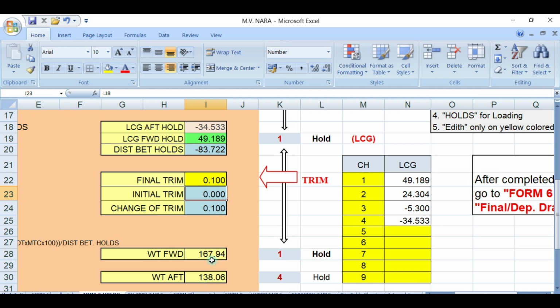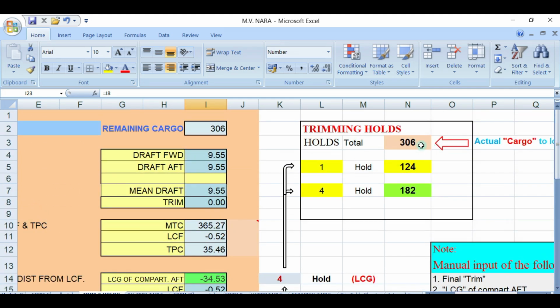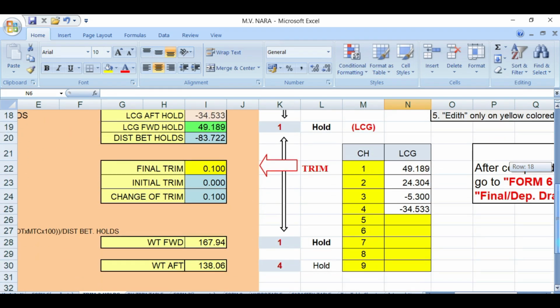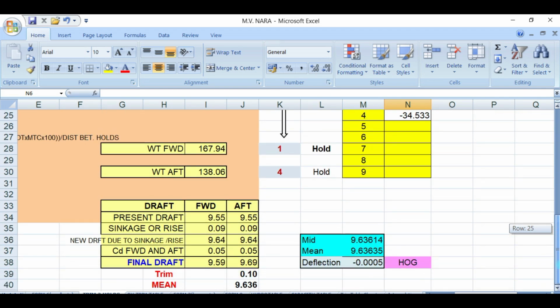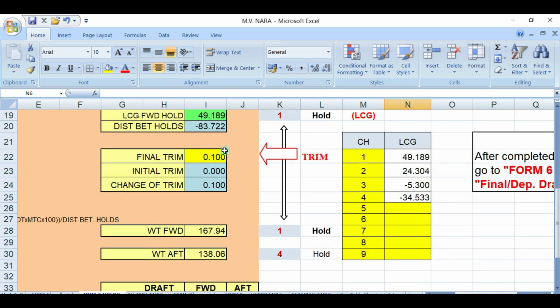So I put number 1 168. So number 4 will be 138. Got here. And what will be the drop? So you have a trim here of 10 centimeters, which is this one.